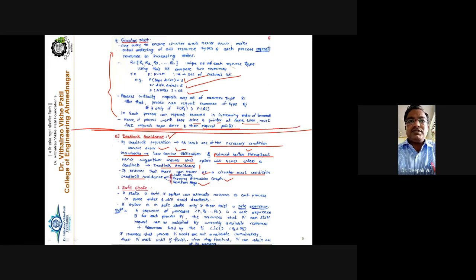Now the second point is that we have to avoid the deadlock. For avoiding the deadlock there must be some algorithm, some logic or steps, so that by following those steps the operating system will be able to avoid the deadlock in the system. So we'll see the three concepts we have to study here: first the safe state, and the resource allocation graph.